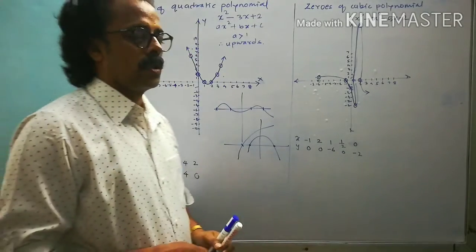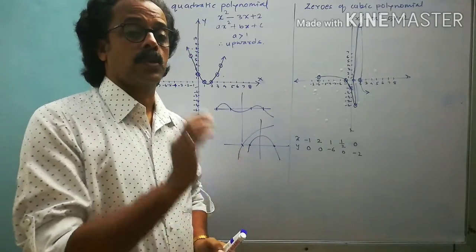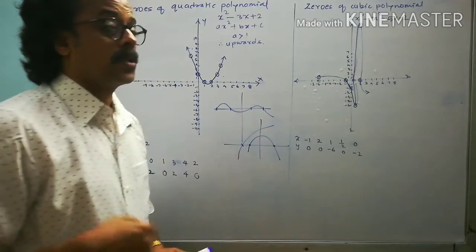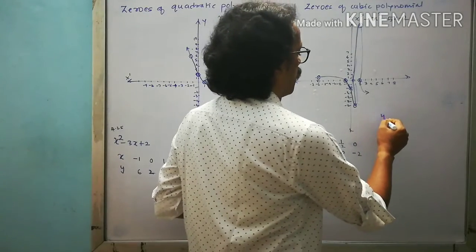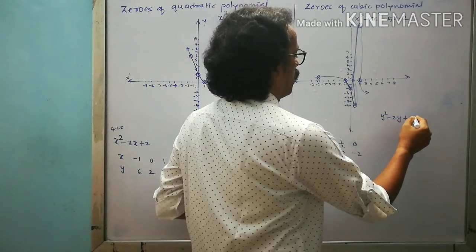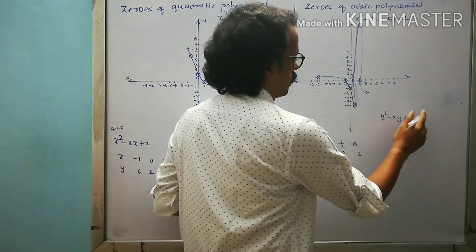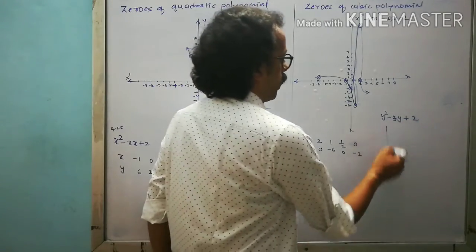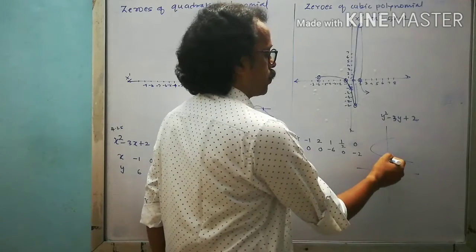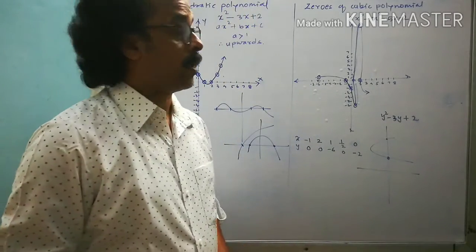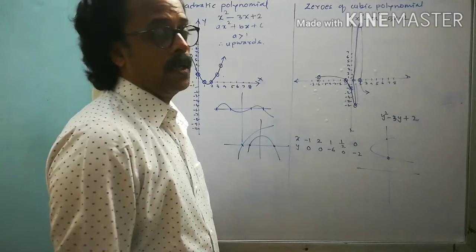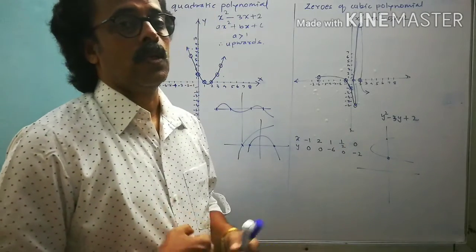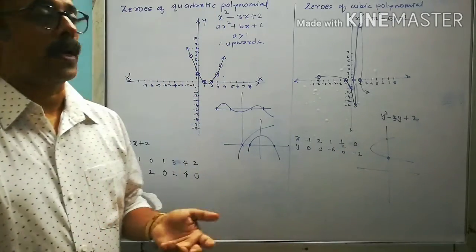In some cases they give the graph and ask you to write down the number of zeros of the given polynomial. Then we can say that it is where it intersects the x-axis. But suppose they give the expression in this way, like y square minus 2y plus minus 3y plus 2. In that case you might get a graph like this. So it will have these two zeros of the polynomial, because the value of y when x becomes 0, right? That is the way you have to understand when you are saying it is on the x-axis, when it is on the y-axis.